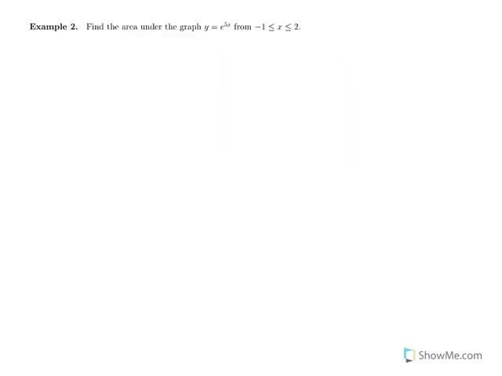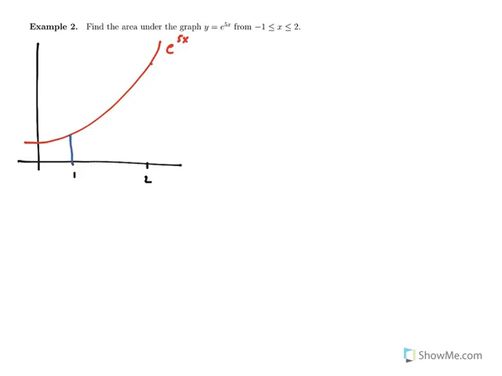Next example, we're going to find the area under the graph y equals e to the 5x from 1 to 2. So let's think about what this means. e to the 5x looks something like this, an exponential function, and we're trying to find the area from 1 to 2 from the function to the x-axis. Now this area is not easy to find just by itself. It's a curvy line. You don't have a nice area formula, but we now know that we can write this